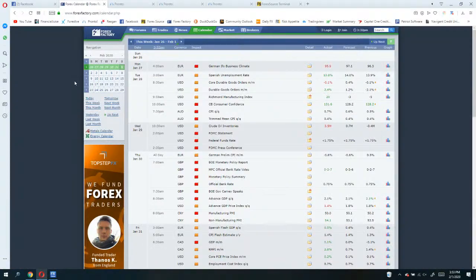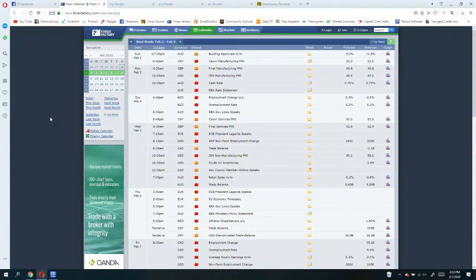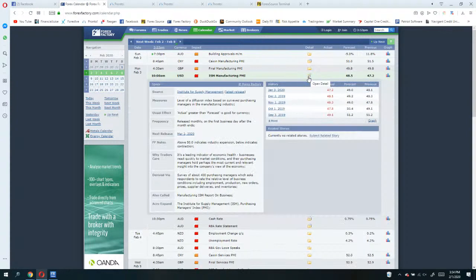Just look ahead to next week on the economic calendar. We got quite a bit coming this week, starting on Monday during the mid-morning New York session. We have ISM manufacturing PMI. If this comes out worse than expected, they are expecting it to improve, that will keep the dollar under pressure. Even if it comes out as expected,